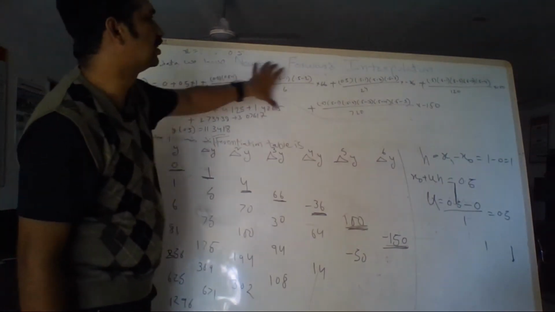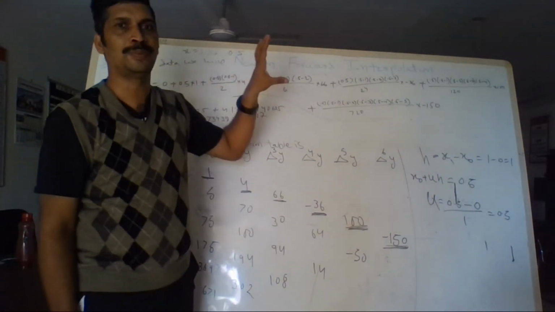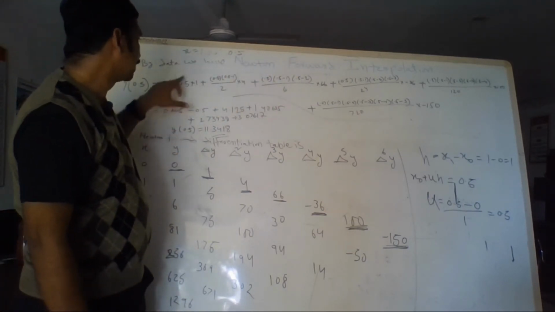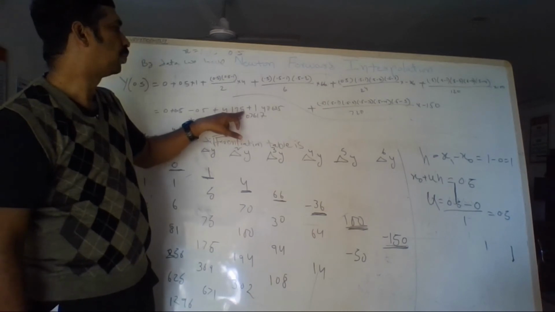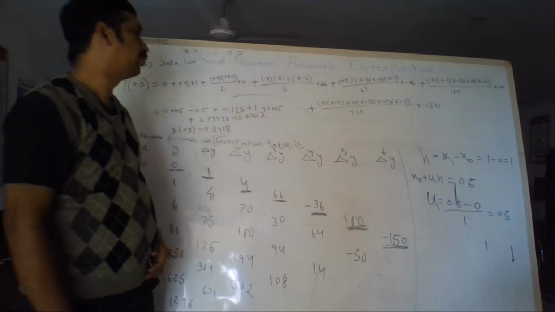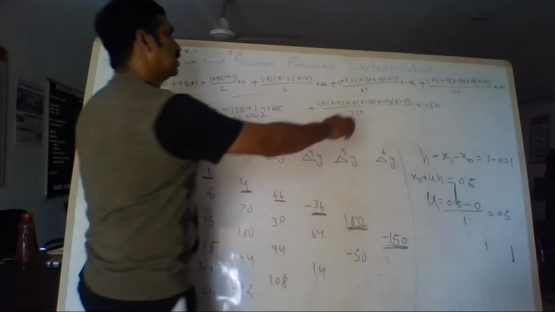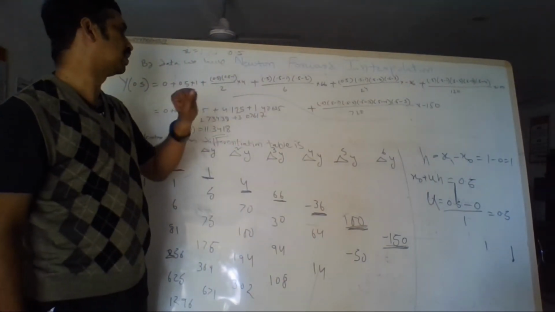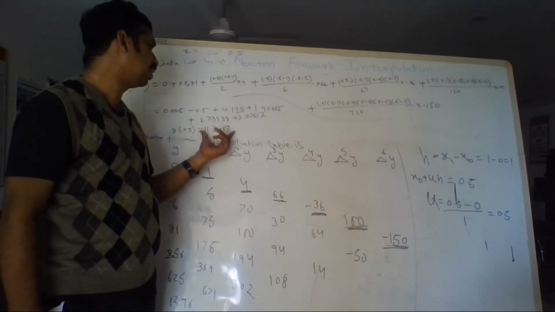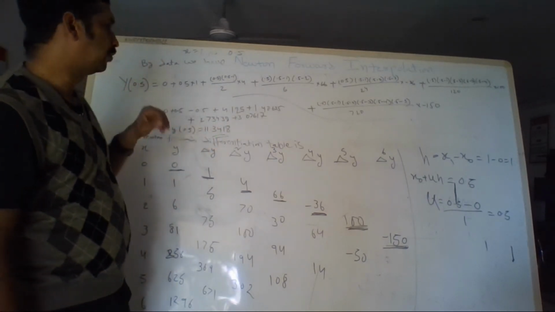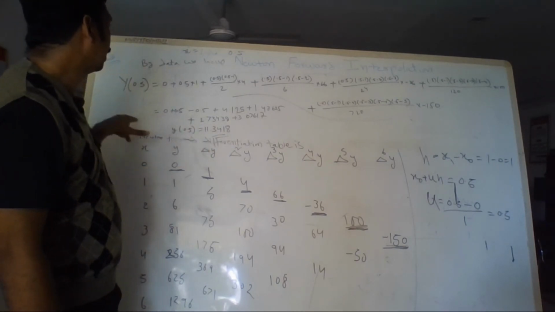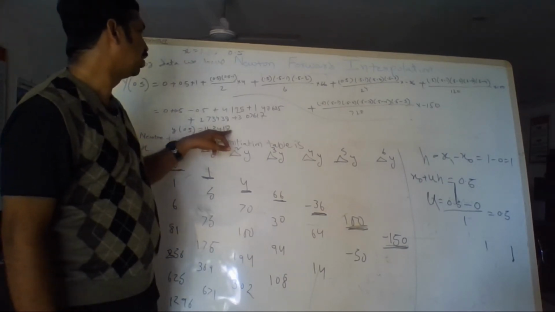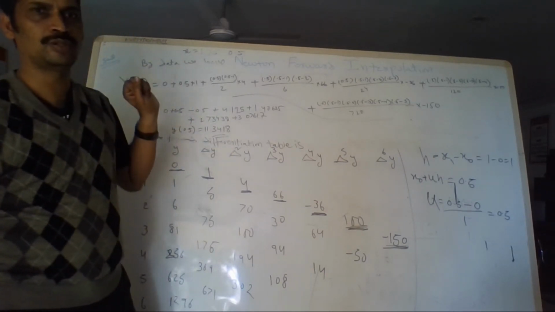After simplifying this expression using a calculator, once again I am repeatedly saying, a calculator is a must to solve this type of equation: 0 plus 0.5 minus 0.5, 4.125 plus 1.40625, this term equal to 2.73438 plus 3.07617. After simplifying this, we will get the value 11.3418. Therefore, the value of y is 11.3418 at x equal to 0.5.